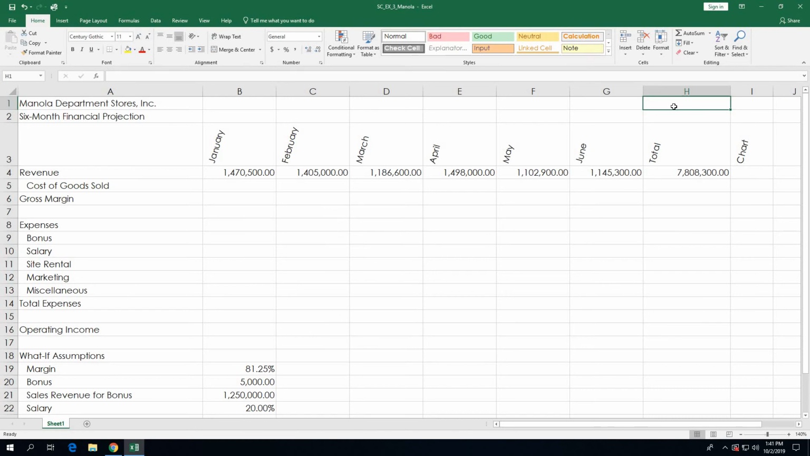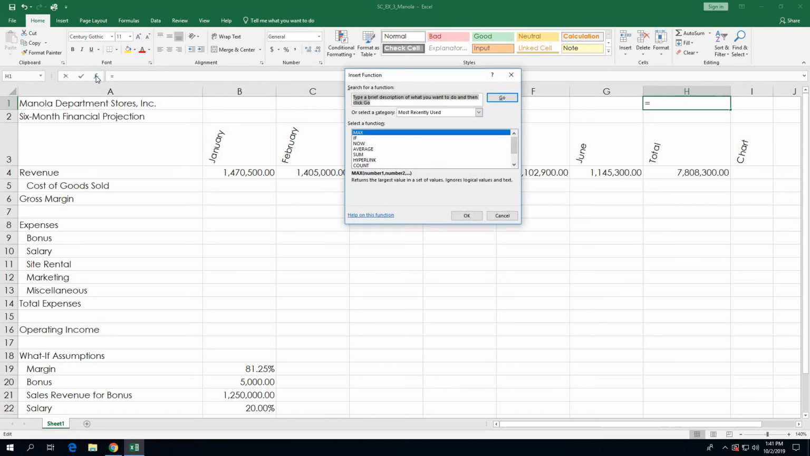Alright, so what we're going to do is, again, make sure that cell H1 is selected. We're going to go over to the Insert Function button on the left side of the formula bar. It's that little button that looks like a little F with the subscript X next to it. It's right to the right of the enter button that we've been using. Okay, so we're going to click on insert function, and we're going to click